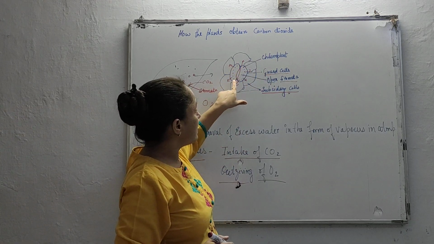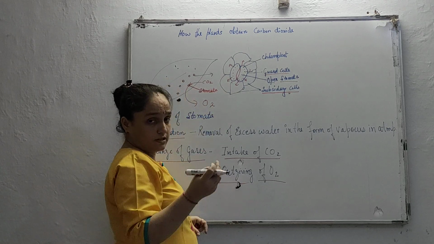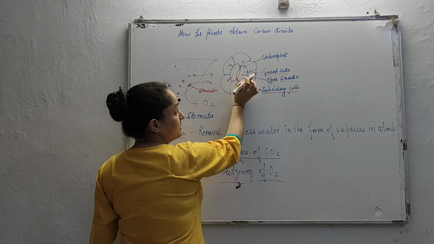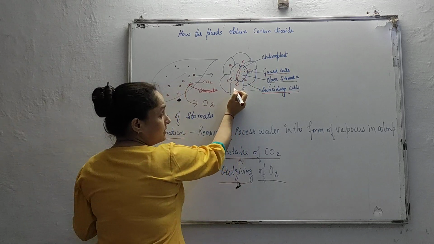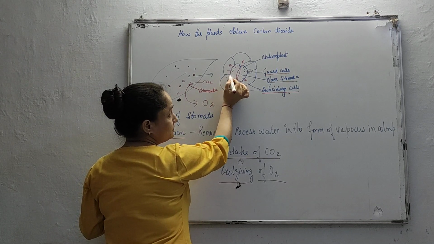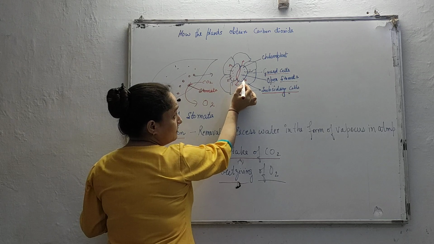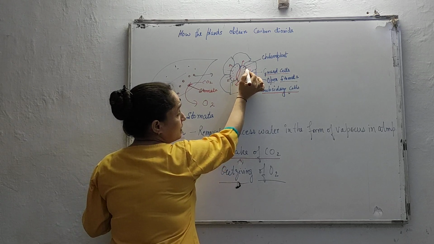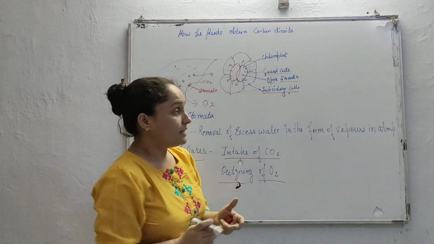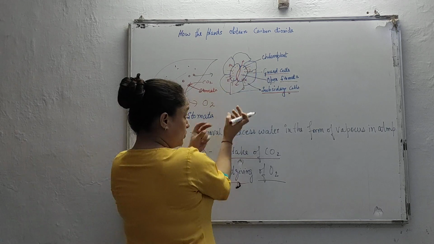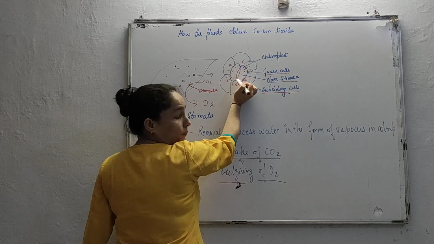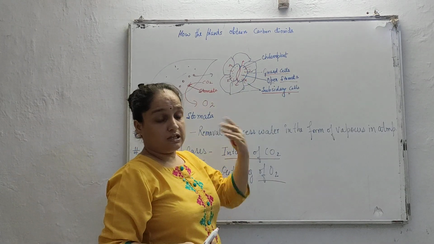When we talk about how the guard cells and subsidiary cells open and close during the day, when transpiration is taking place, water enters the guard cell, and by absorption of the water, the guard cell swells up. Because of that swelling, the guard cells become turgid, and because of that turgid pressure, the stomata open.